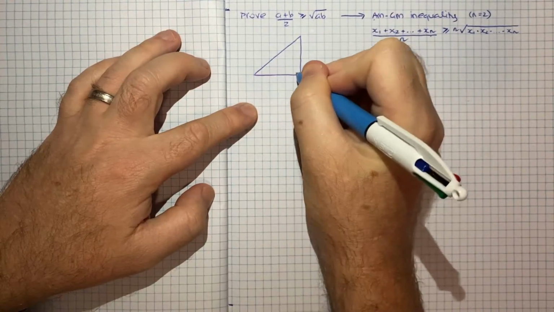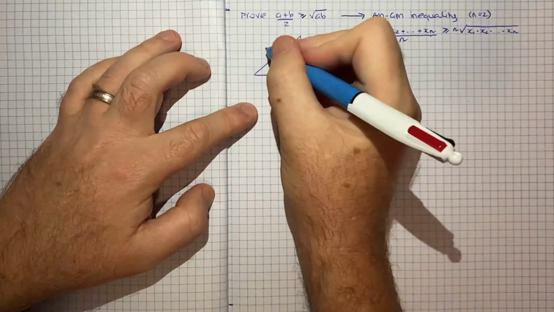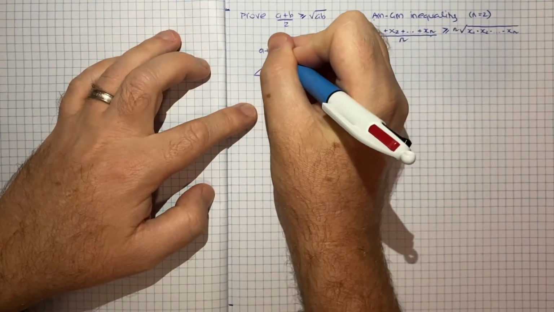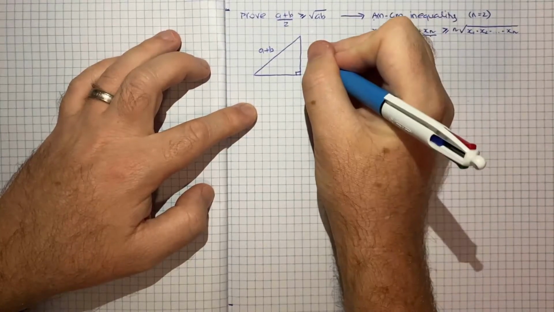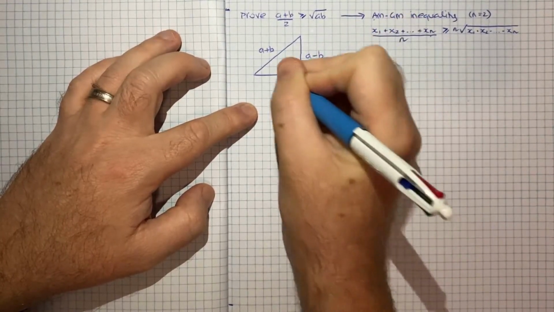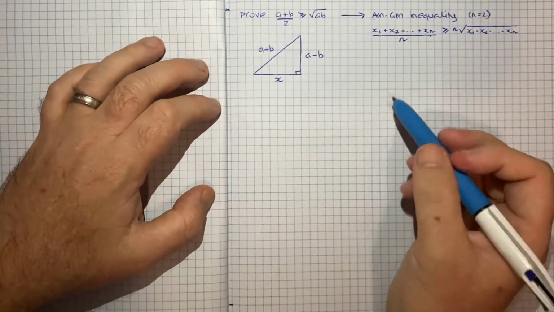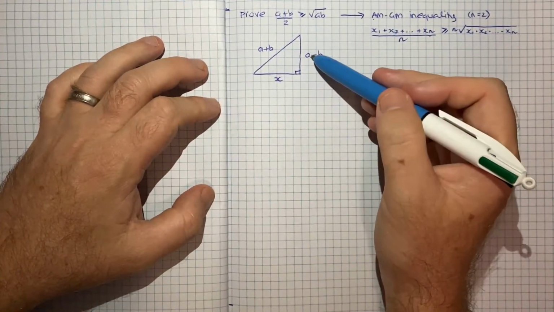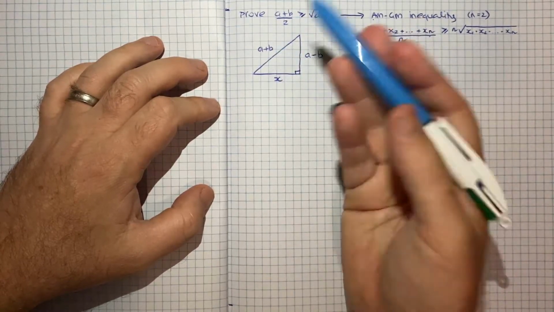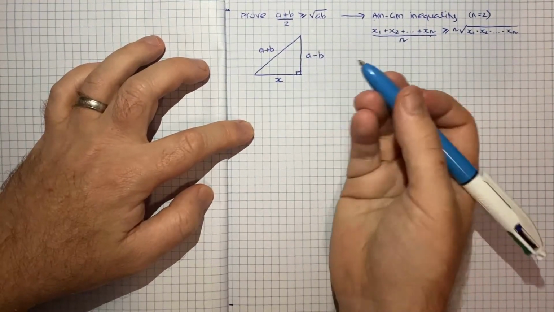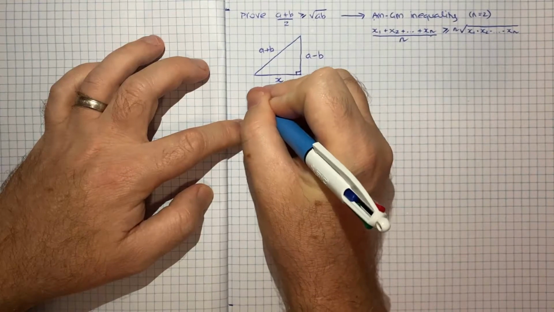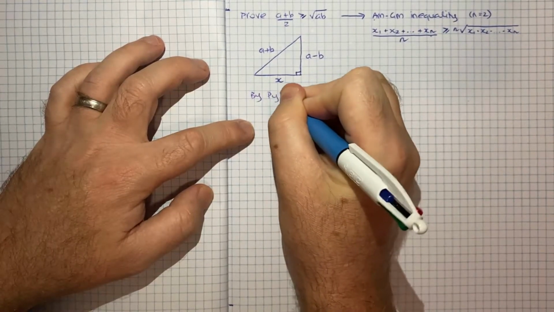So we've got this right-angled triangle. We're told that the hypotenuse was a plus b. One of the other sides was a minus b. And then the final side was x. And hopefully when you see a right-angled triangle like this, where you've got all three sides, what jumps out is Pythagoras. So I think that's the natural place to start. So by Pythagoras,